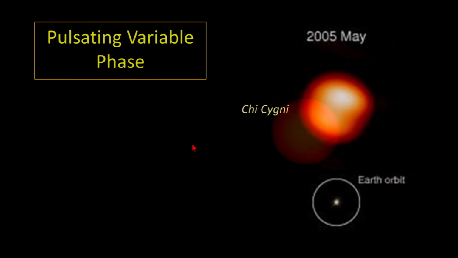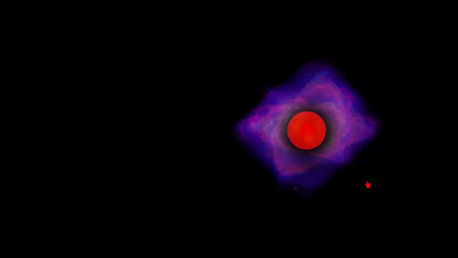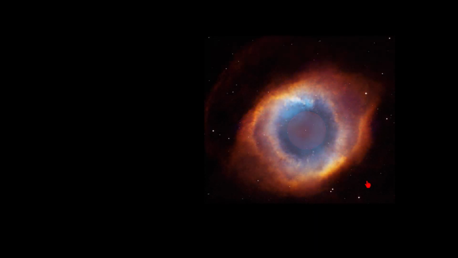Now, there's a price to be paid for this pulsation. Let me show you how this is going to affect the star. Every single time the star grows slightly bigger and then shrinks back in on itself, this red giant star is going to puff off a little bit of its outer envelope. And then it's going to shrink back in and then grow a little bit bigger and push off a little more of its envelope. And then it's going to shrink back in and then turn around and grow bigger. So this pulsation outward, inward, very steadily for thousands of years, ultimately causes the star to push off its entire